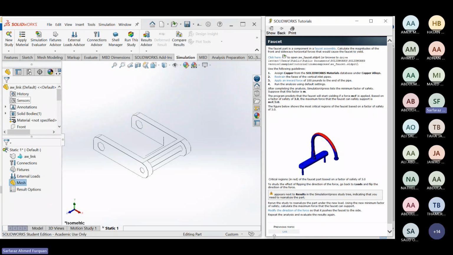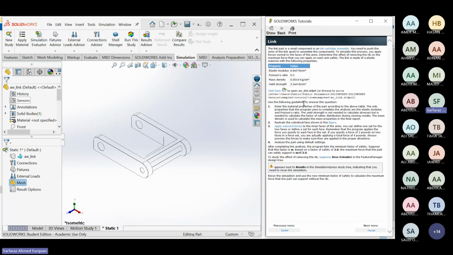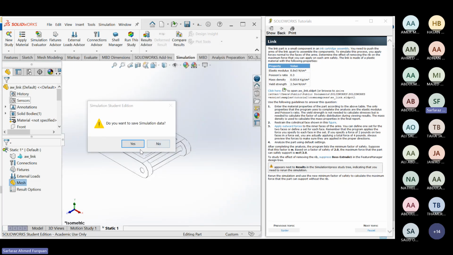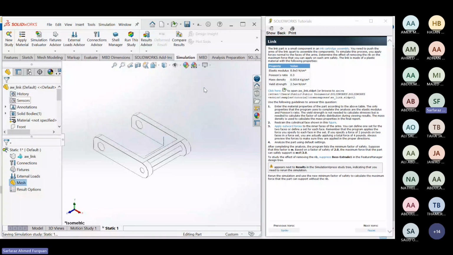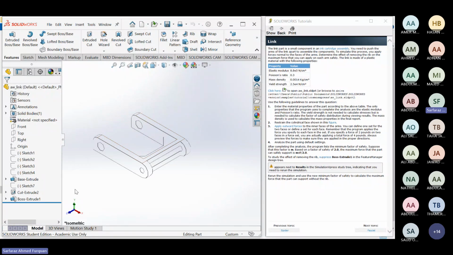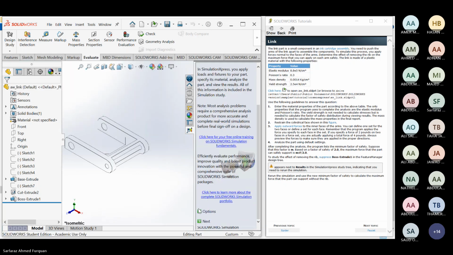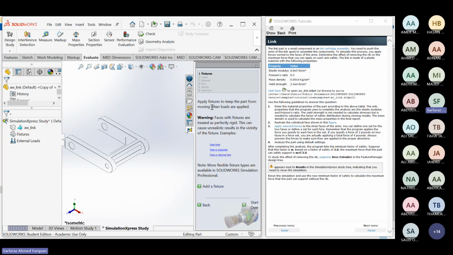All right, so shall I go over this? Let's see what it has to say. I would turn off this simulation here because I cannot perform two together. So it's SolidWorks Simulation. Earlier, you could use one of these two. Now we have Evaluate, SimulationXpress. Click on Next. The good thing about SimulationXpress is, if you're new to this, it gives you a step-by-step guide